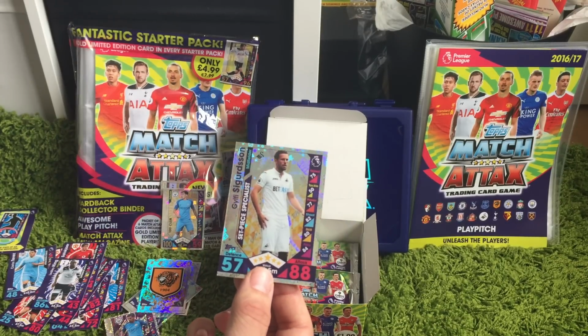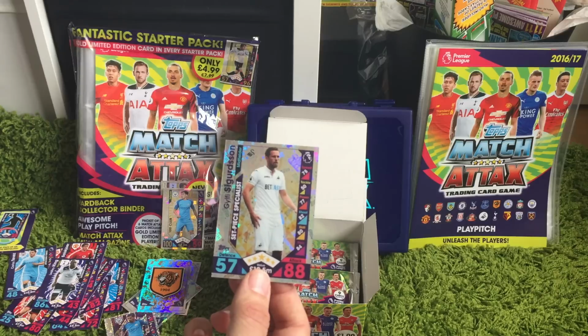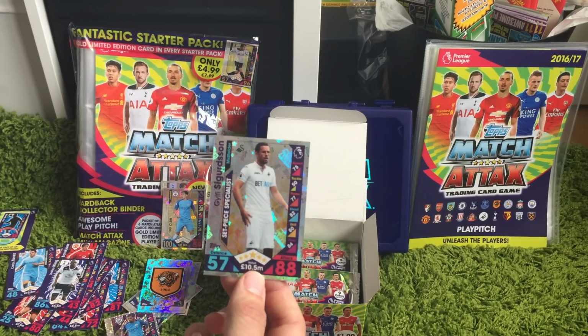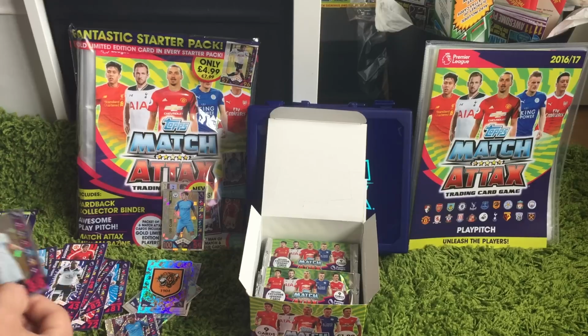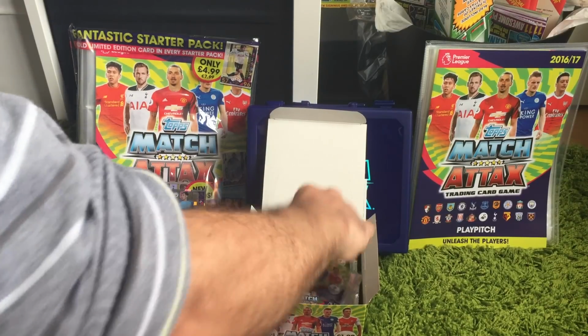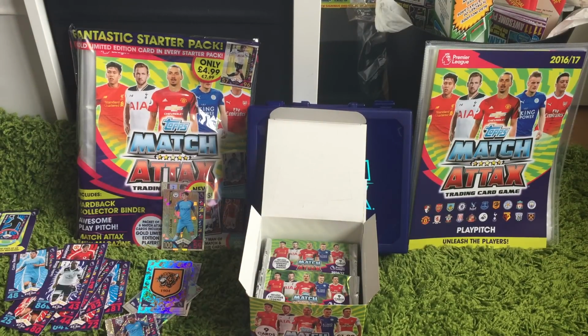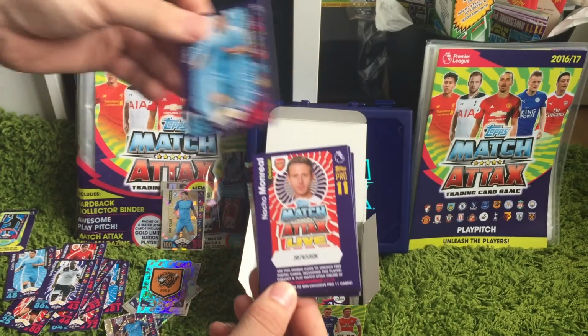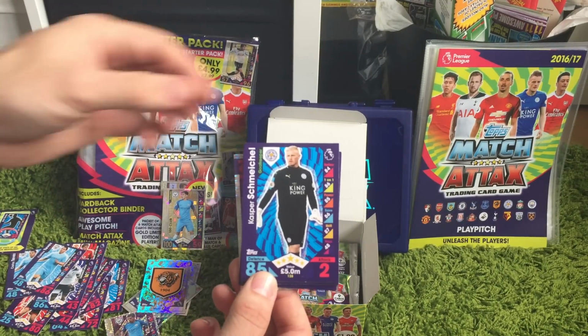And then we have a Gylfi Sigurdsson set piece specialist with an 88 attack. So again, another nice card. And again, you've got the holographics or a Topps effect to the card there as well. Then we have another Carlos Tevez legend, code, Schmeichel,